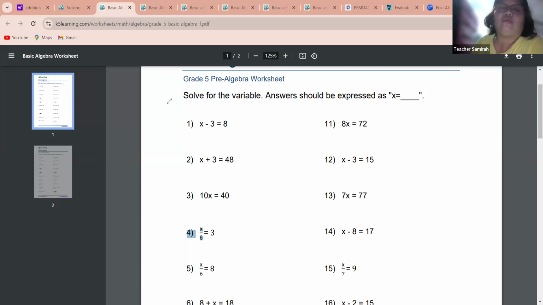If I am going to multiply 9 from 8, 9 times 8 would give me 72. Since I multiplied 9 from 8, I should also multiply 9 from 72. So I think that is not how you do it, right? You did not do it like that. So what did you do? What do you think Tristan did to be able to get 9 as the value of x? What did you do to get the value of x, which is 9?